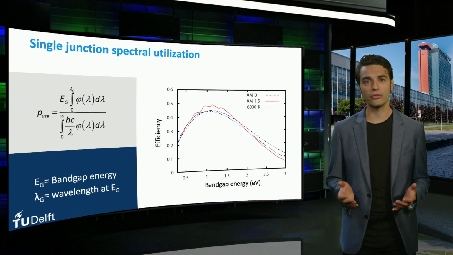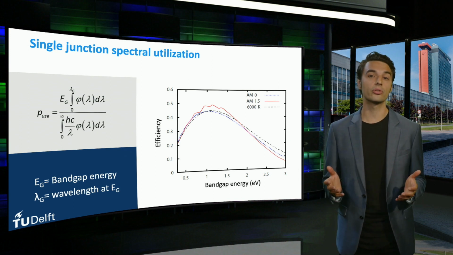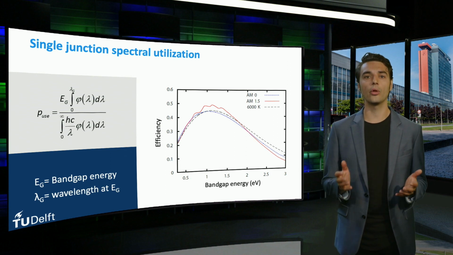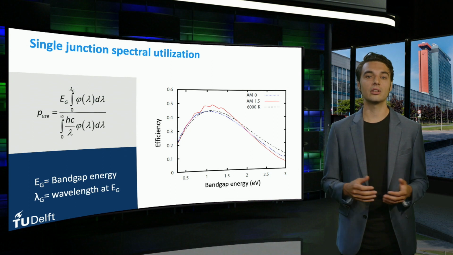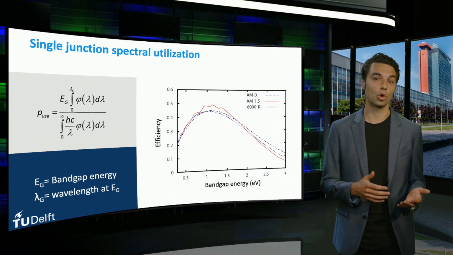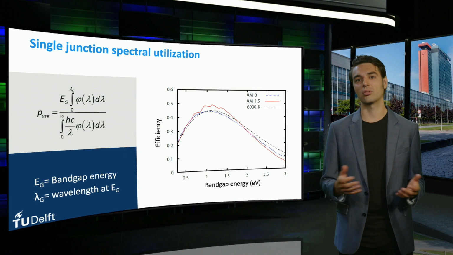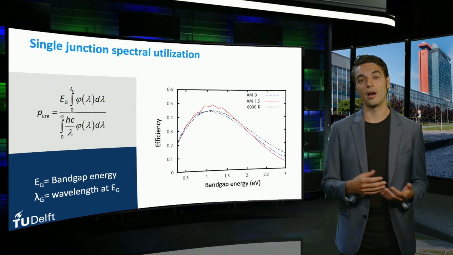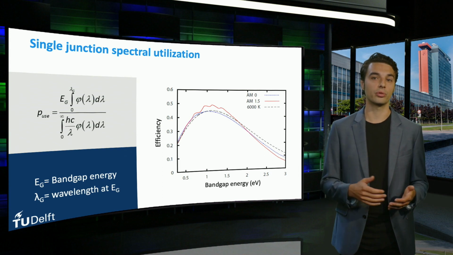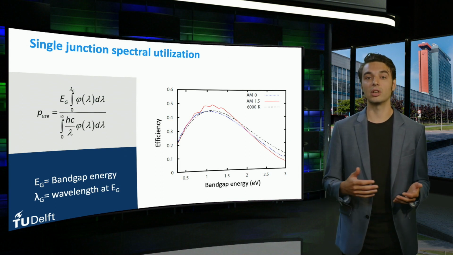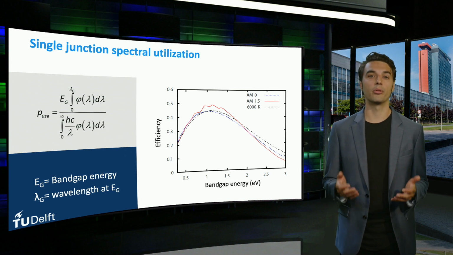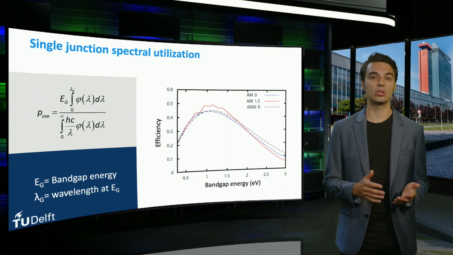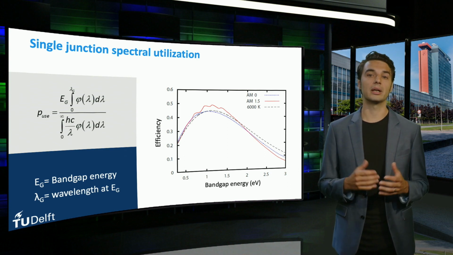This figure shows the fraction of usable energy as a function of the bandgap energy of the material. The usable fraction is also known as the ultimate conversion efficiency, since it is the efficiency of the solar cell without absorption or collection losses. Naturally, the usable fraction depends on the irradiance characteristics. Therefore, it differs slightly between the AM 1.5 spectrum on Earth, the AM0 spectrum in space, and the spectrum of a perfect blackbody radiator. The trade-off between thermal relaxation and non-absorption defines an optimal bandgap energy.